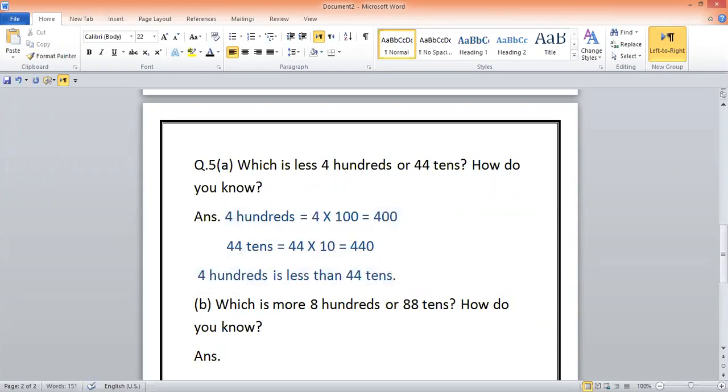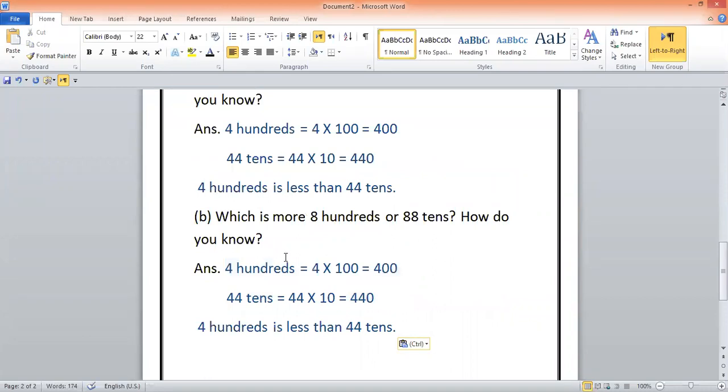I will write 800. When I multiply 8 by 100, the answer I get is 800. Then 88 tens. When I multiply 88 by 10, I will write 88 and